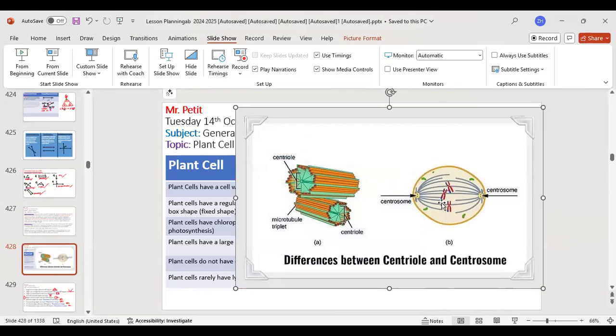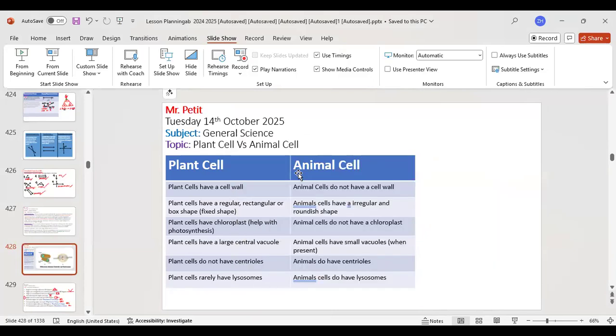So you see these chromosomes, right? This is how your cells basically make copies of themselves, like the DNA. So the centriole helps with that. But plant cells don't have that. Animal cells have that. And then let me just show you all the difference, plant cell versus animal cell. Let me show you that side by side. And then we could wrap it up.